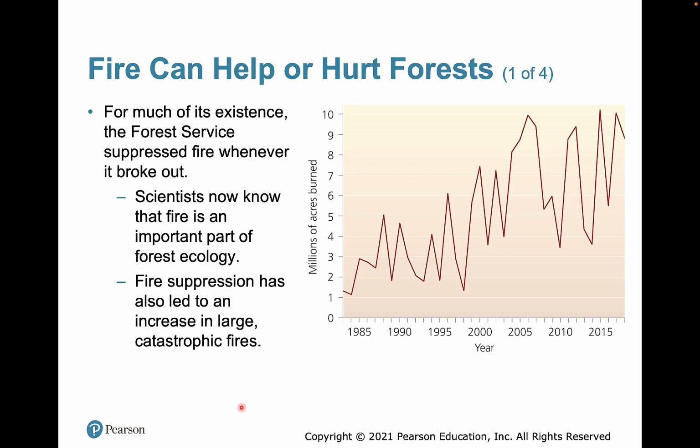So, forest fires historically have been seen as a bad thing. For most of its existence, when the Forest Service saw a fire break out, it suppressed it. It put it out immediately. We now know that fire suppression actually leads to bigger fires, and we're going to talk about why in a few minutes. And that we've learned that